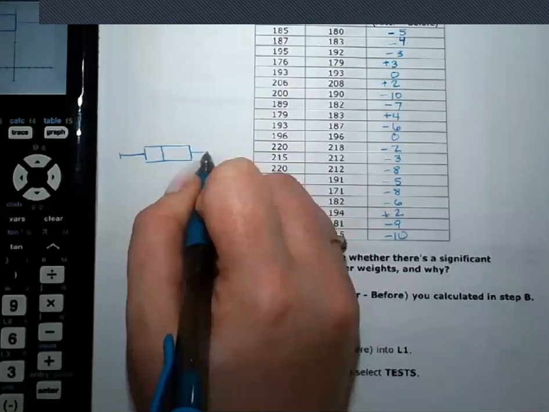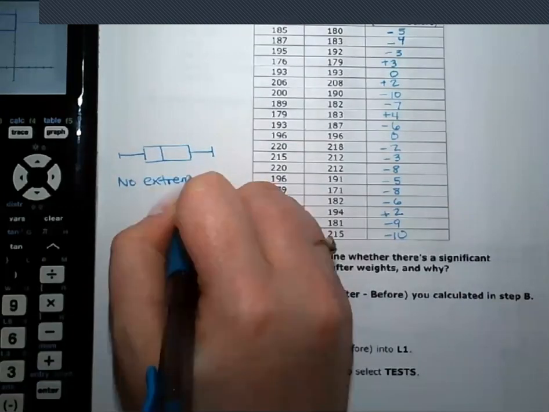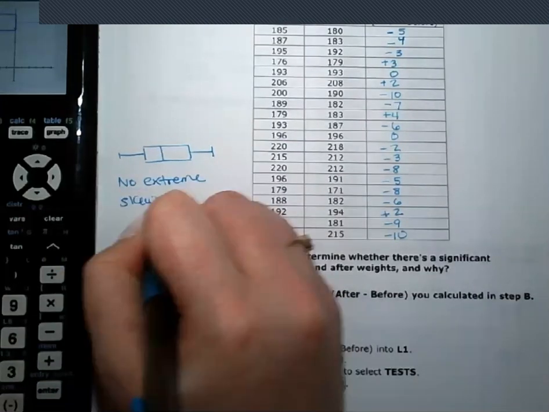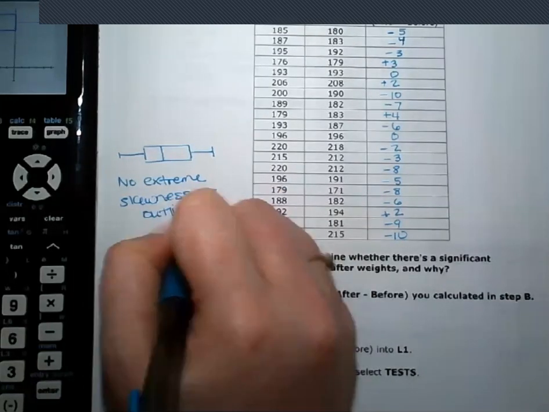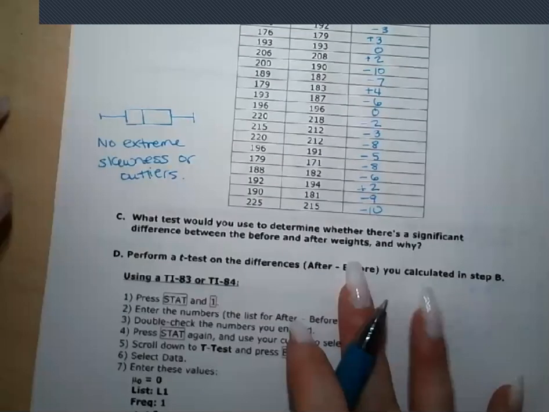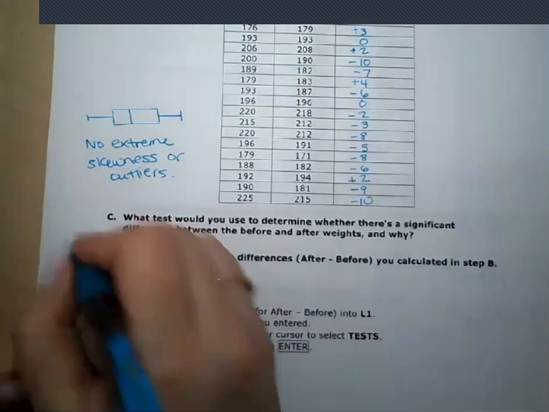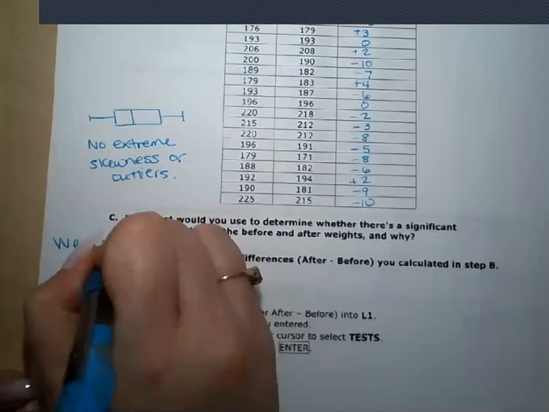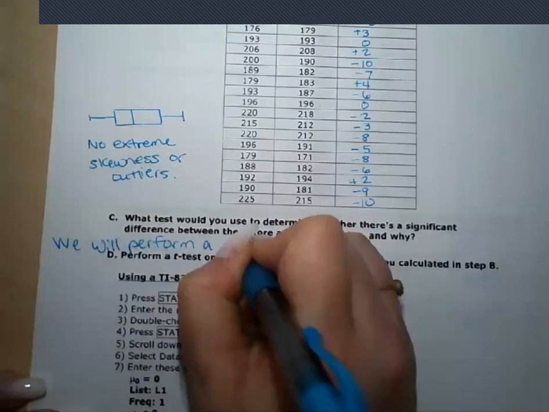Looks kind of like that. So there's no extreme skewness. It's not perfectly symmetrical, but there's no extreme skewness or outliers. So even with a small sample, that is good enough to use a T distribution, which means I can do a T test. And since we have 2 samples here, it's actually just a regular T test. I'm getting ahead of myself. We will perform a T test